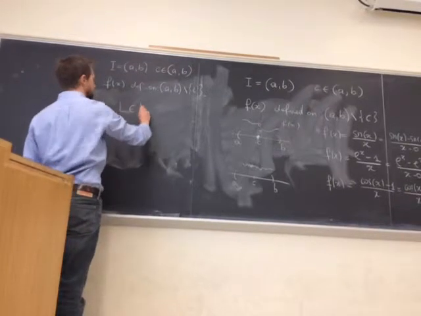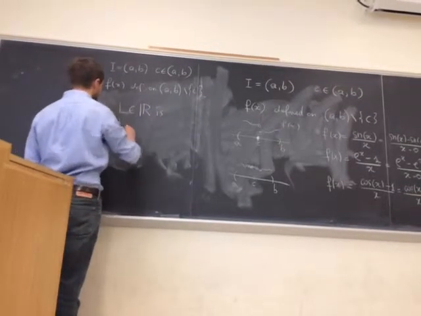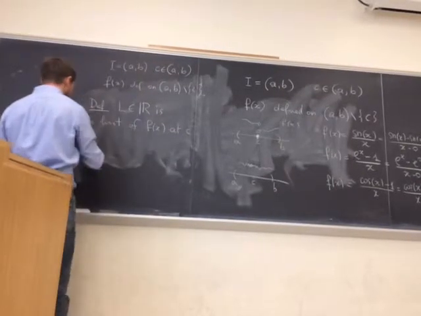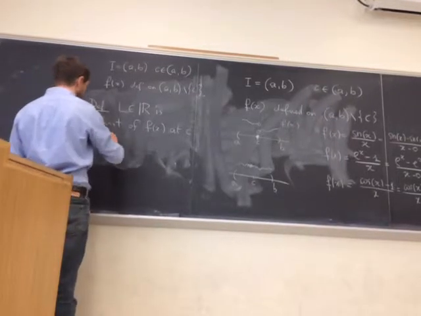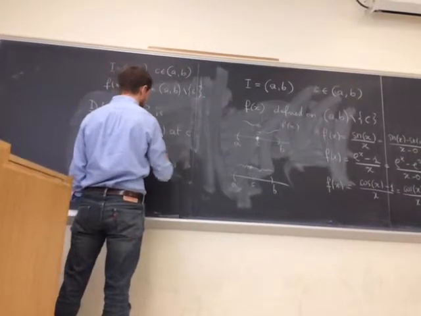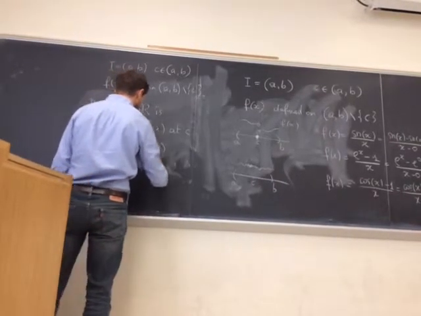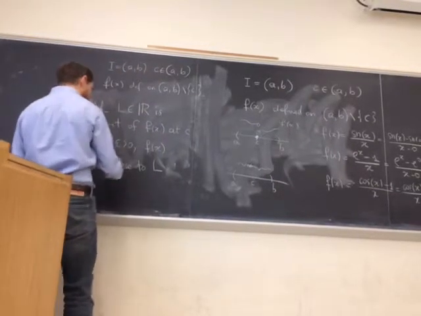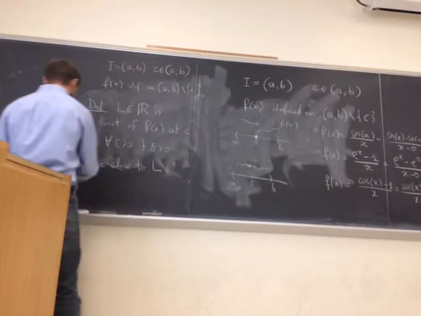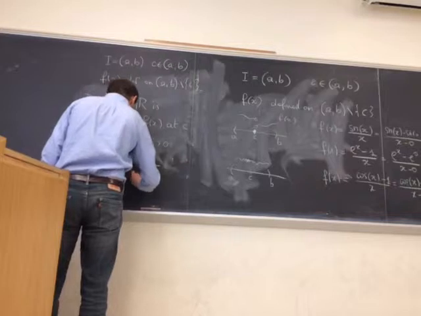I say that L, a real number, is a limit, actually it will be unique, of f of x at the point c if for every epsilon positive, there exists delta positive, such that f of x is epsilon close to L in a delta neighborhood